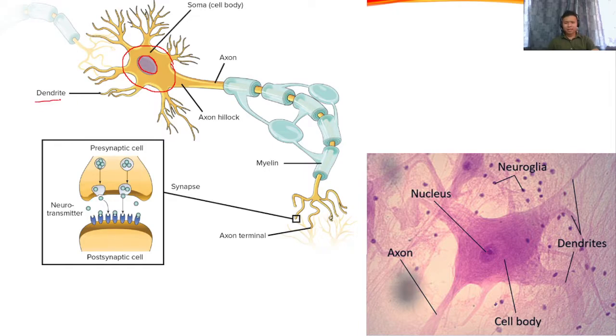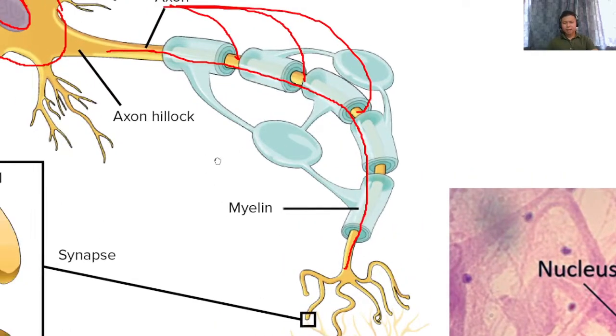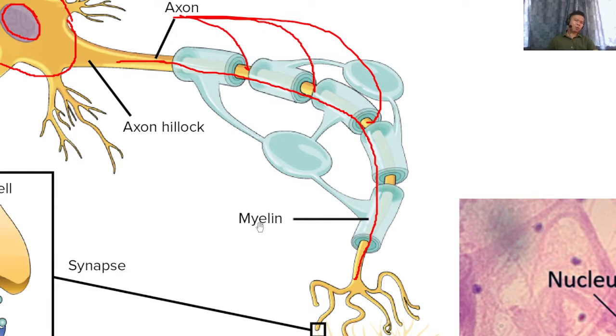We have dendrites, we have the axon. Actually, everything here is an axon, but it is being coated by a myelin sheath. When we say myelin sheath, it usually insulates or coats the axon so that the nerve impulses being sent or